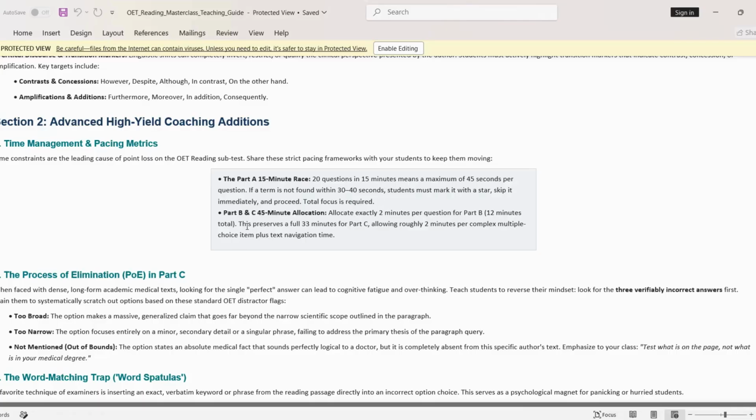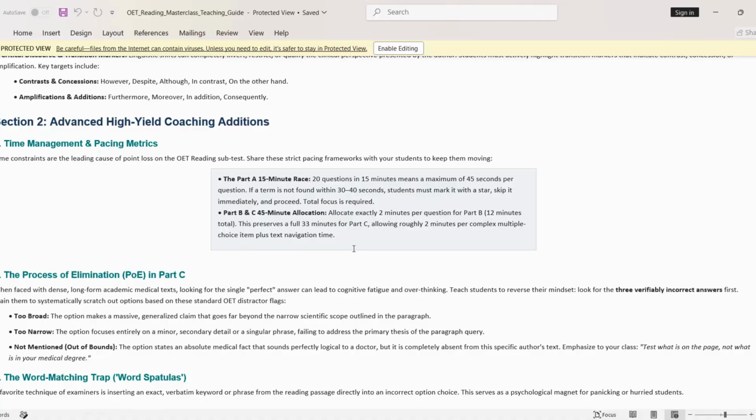And okay, part B and part C together are 45 minutes. So 2 minutes per question for part B. It is 12 minutes in total, and then 33 minutes for part C. So it allows roughly 2 minutes per complex multiple choice item, and also the text navigation time. So people keep on reading part B and also part C, which have long texts,